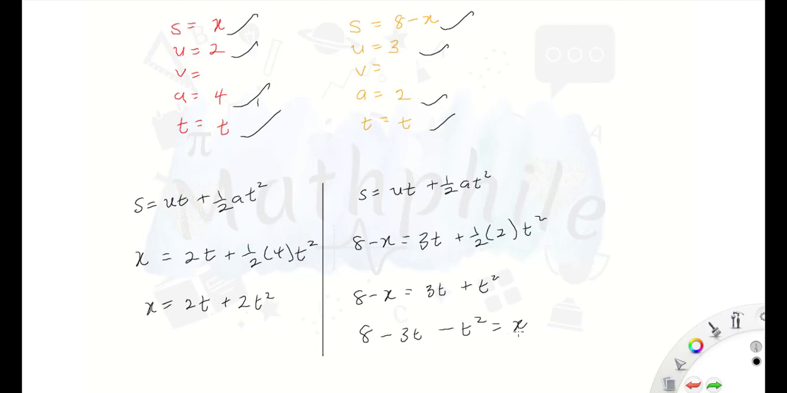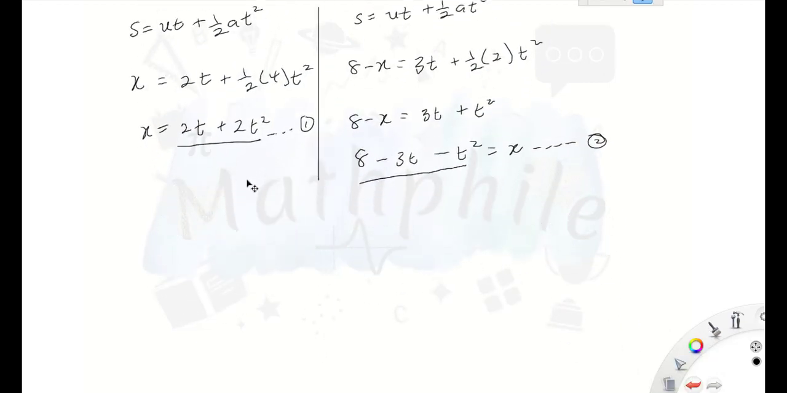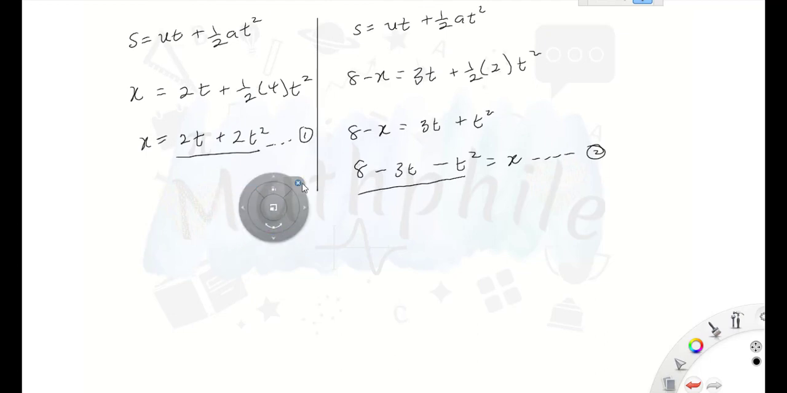Or better still, we can see this one as substituting equation one. If I name this one as equation one and name this as equation two, I can see this as putting equation one into equation two. But in mathematics, this is applying something called the law of transitivity. So whichever way you take it, you're going to arrive at the same thing. You are putting equation one into equation two or equation two into equation one. So let's say equation one into equation two. So this becomes 8 minus 3t minus t squared is equal to